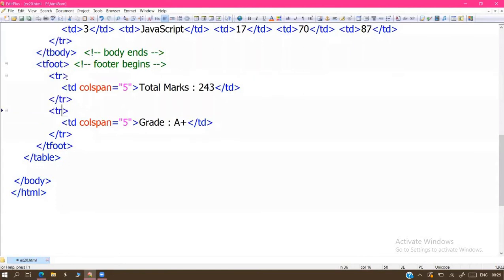Sir, sorry to disturb. Here, instead of the tfoot tag, can we write the same thing in the comment section, like footer begins and footer ends? Is that fine, or do we need to write tfoot only, sir? Since this tfoot is only for understanding purposes, right, sir? Code user, this is a tag name here. The comment is for your explanation purpose. Correct. This is a comment; the browser doesn't require it. It is only for the programmer, written for their own purpose. Correct, sir.